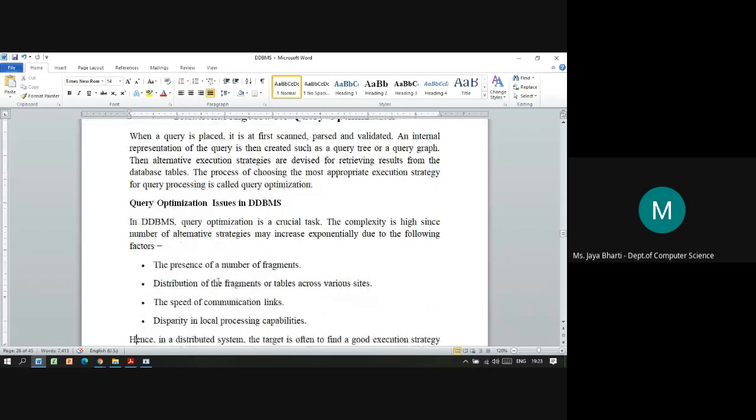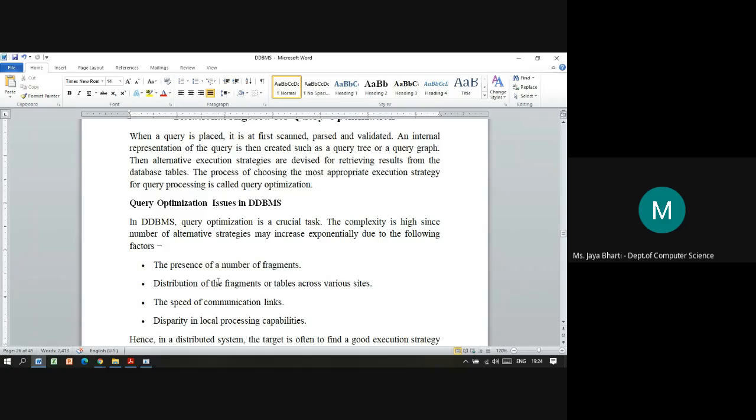Now, what are the issues in query optimization when we are handling a distributed database environment? In a distributed database environment, query optimization is a difficult task because the complexity is high, since the number of alternative strategies may increase exponentially due to the following factors.